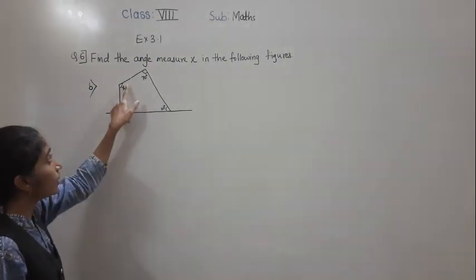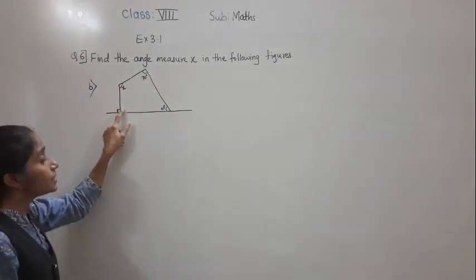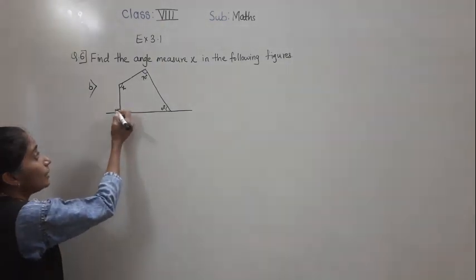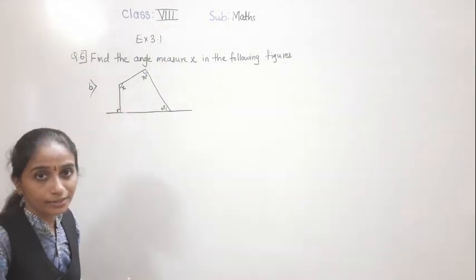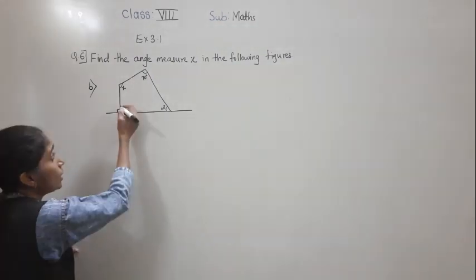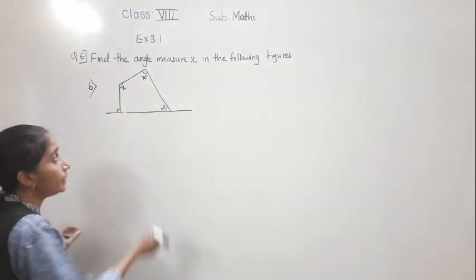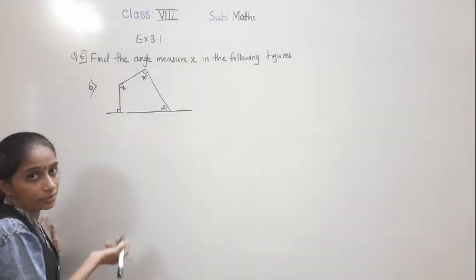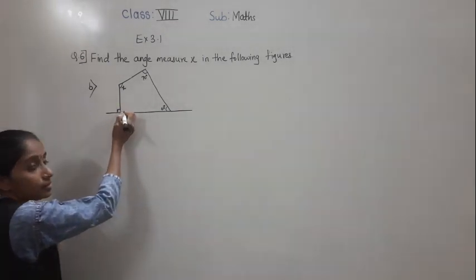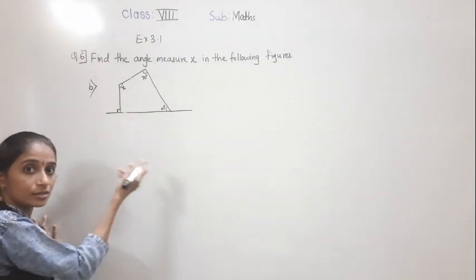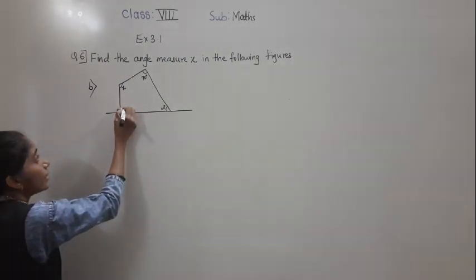We don't know this angle and this angle. So how to find this angle? See, it has formed the linear plane. This is 90, so this measurement is also 90 degree. Yes or no? So this angle, how will we get it? We'll get 90 degree: 180 minus 90. See, straight now. So 180 minus 90, 90 degree. So we got this angle 90 degree.